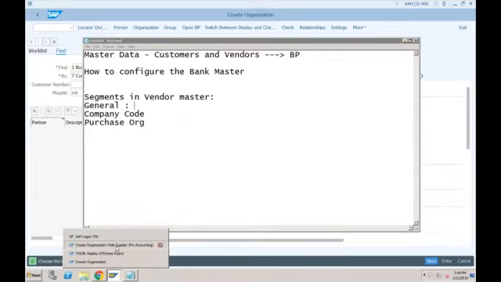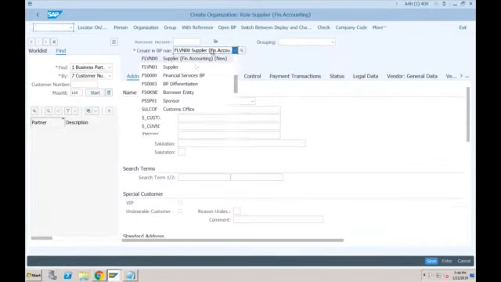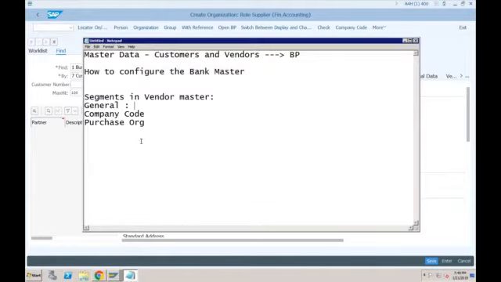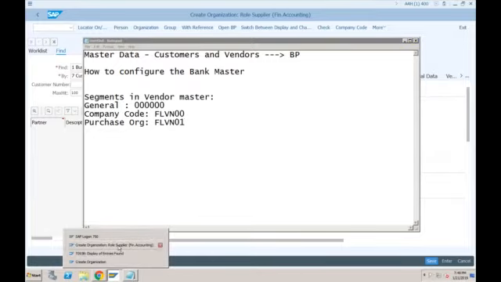When you are creating this business partner, there are this many different roles. The general data like name and so on will be stored in this role, the general business partner role. This will be the role used to store the general data of the business partner. For company code data, there is another role, FLVN00. And for purchasing organization data, you have the role FLVN01.